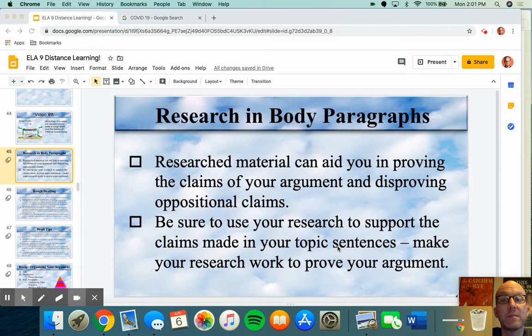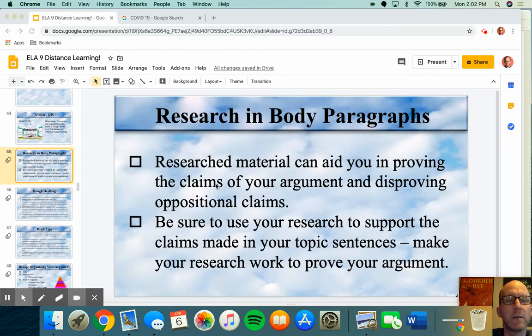I would find that evidence, maybe data, maybe people that have research, or maybe people that have stories, and then I would put that in my body paragraphs and explain that reason. And then the next body paragraph would have a different topic sentence, which would be a different reason. It might be something along the lines of: another reason why Coke is better than Pepsi is because it has better sales, right? Different. And then I can find evidence that supports that.